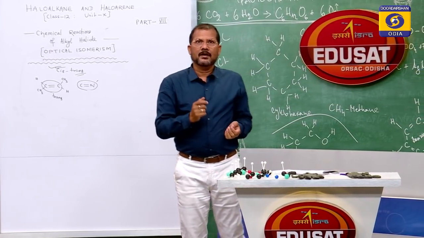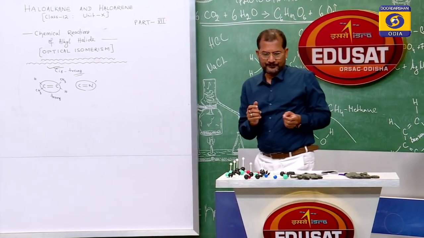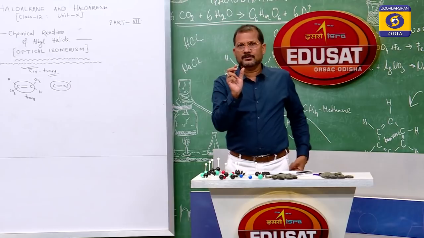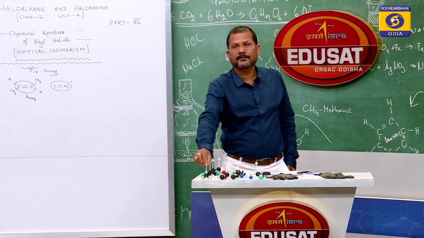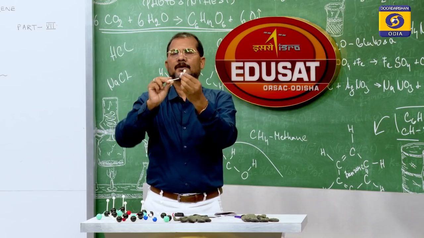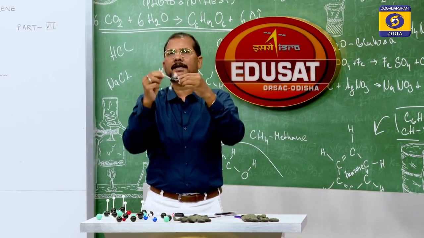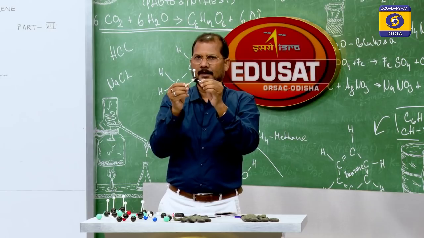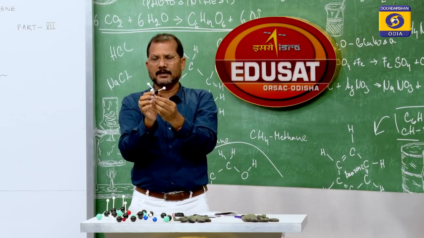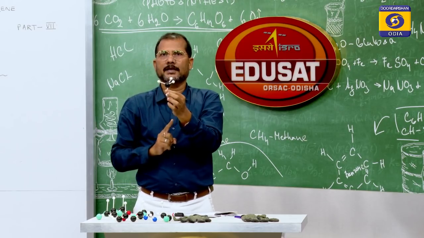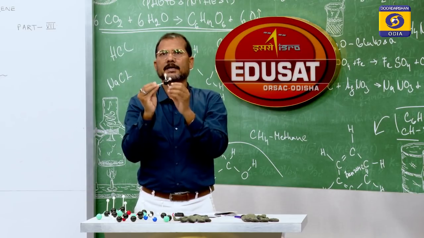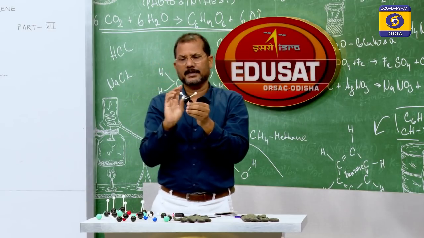For that purpose, the necessary condition is that the carbon atom should be attached to 4 different groups. Let us think of this molecule. This molecule cannot produce any type of optical activity. If we place this molecule in plane polarized light, it will be incapable of rotating the light, because its 4 groups are the same. So, this is optically inactive.